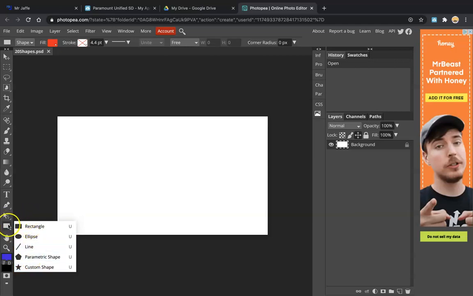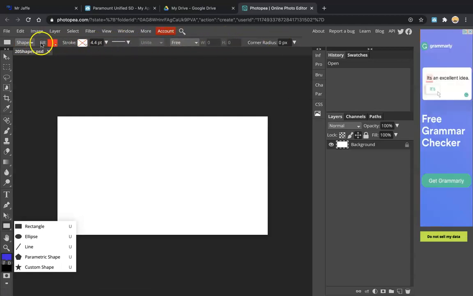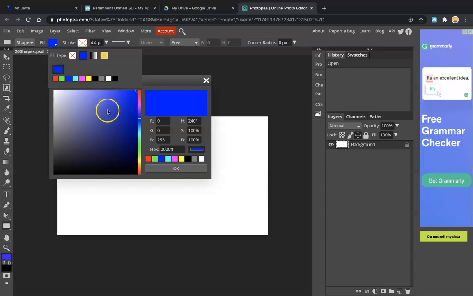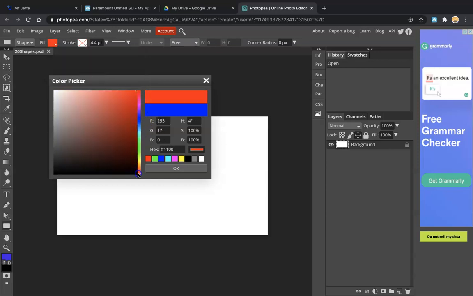Now, when you do click on a tool, the control bar up here gives you all the different options you have with this tool. So we're drawing shapes. We have a fill of red and a stroke that doesn't, no stroke because it's got the red X on it. If you want to change those colors before you start, just click here and find the color you want. If you don't find the color you want, you can click here and you've got that color bar. And you can move that color bar through the reds, the greens, and the blues, back to reds, and pick inside this continuum here, this domain, the actual color you want, and come down here and make sure you click